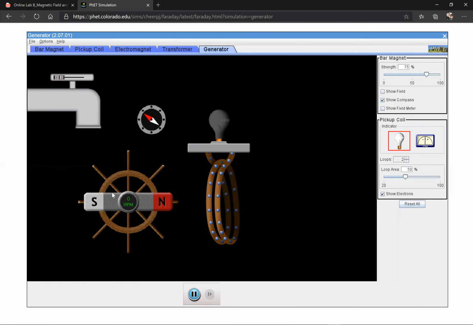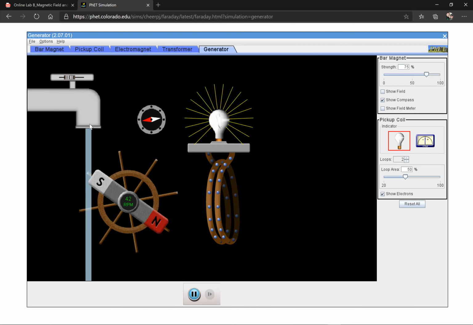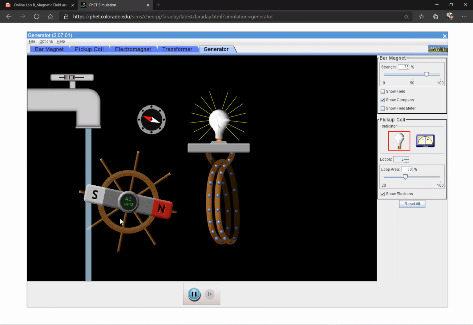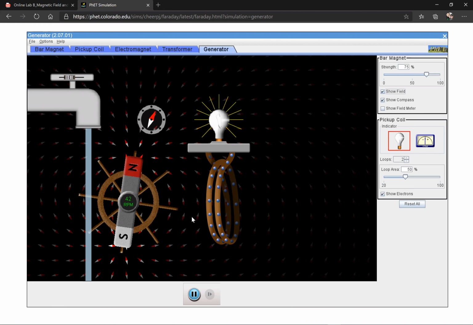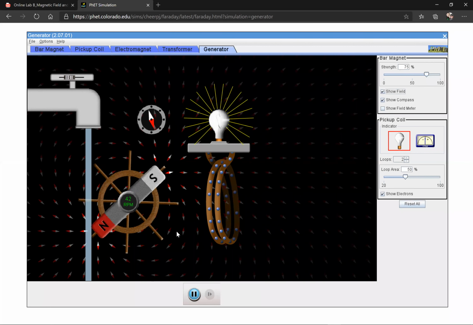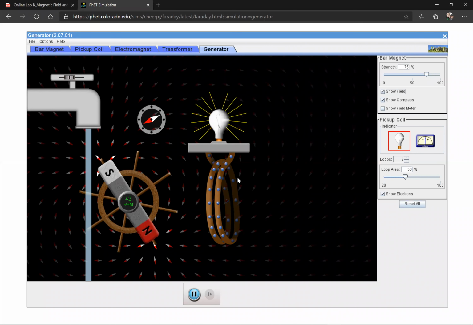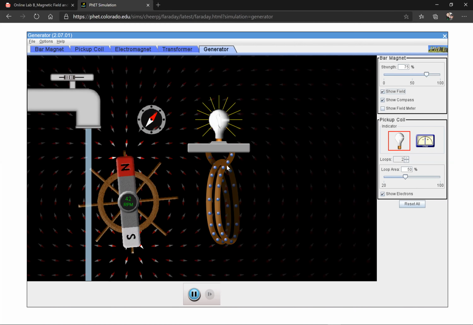So if I come over here, they've already got most of it set up for us. I'm going to just go ahead and turn on this faucet by sliding this. As you can see now, this faucet is spinning this wheel that has this bar magnet attached to it. Now the bar magnet is, let me turn on the show field option over here so we can see our magnetic field. Now you can see the magnetic field is actually changing in time, just as we've seen in the previous ones, which is allowing our pickup coil here to have current generated in it,